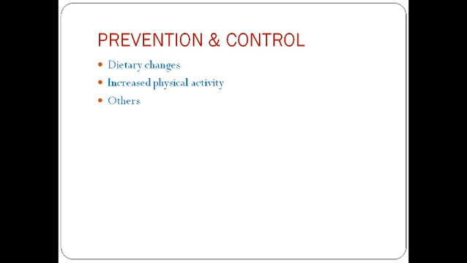Next is increased physical activity. This is an important part of weight reducing program. Regular physical exercise is a key to an increased energy expenditure. Means you have to increase the daily workout for the control of your weight. Others, appetite suppressing drugs have been tried in the control of obesity. They are generally inadequate to produce massive weight loss in severely obese patients.